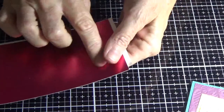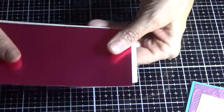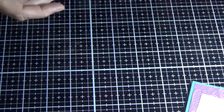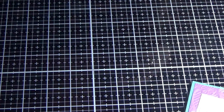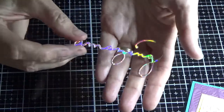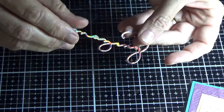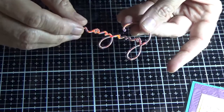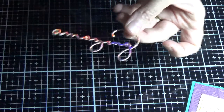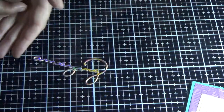So then what happens is when you put whatever, you can put Thinlits, you can put words, whatever you put on there, and then you put it through the Big Shot, when it punches out, it's going to come out like this. And so you've got this beautiful word, that's the Grapefruit Grove, and it's just got so many colours glimmering through it, and I really hope that that shows well on the video, because it's an easy way to add your words to